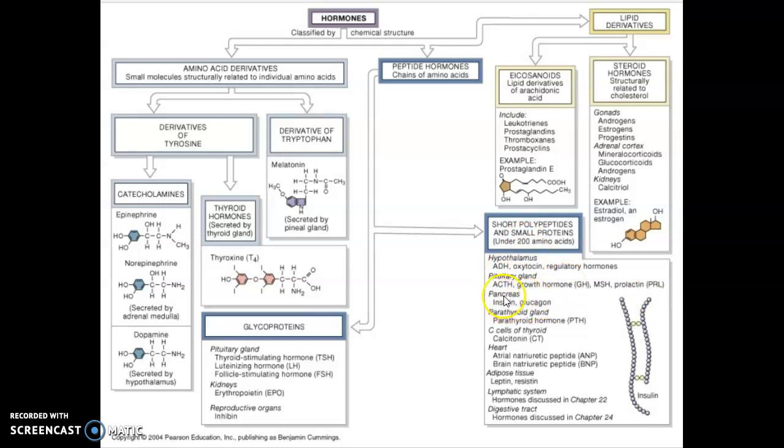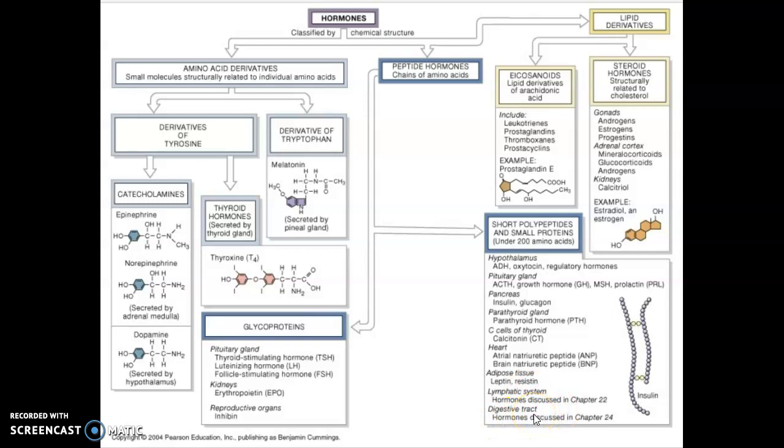Insulin and glucagon from our pancreas fall in this category. Parathyroid hormone does the opposite of calcitonin, parathyroid hormone obviously being from the parathyroid, calcitonin being from the C cells of the thyroid gland. Okay, then the two hormones from our heart and hormones from our adipose tissue, and even the hormones from our lymphatic system, those chemical products that are literally causing some of the changes, like the interleukins,